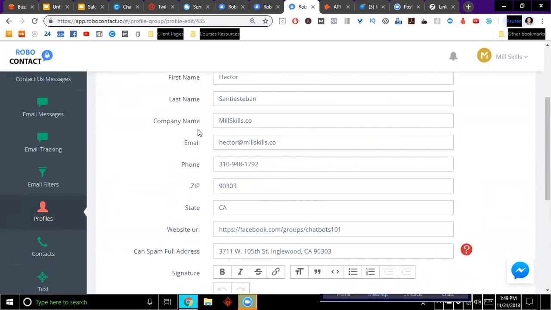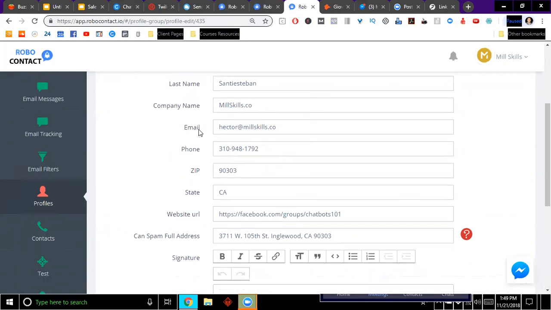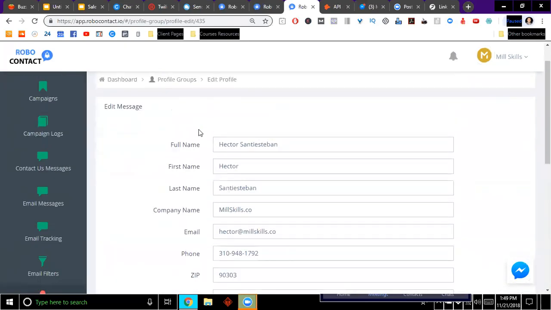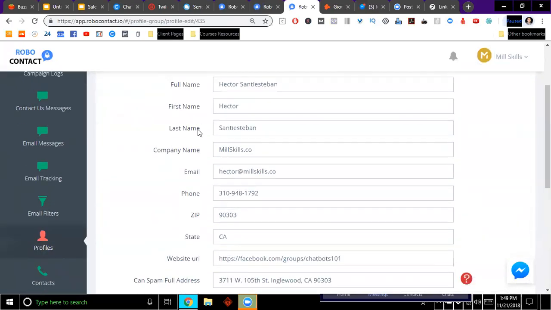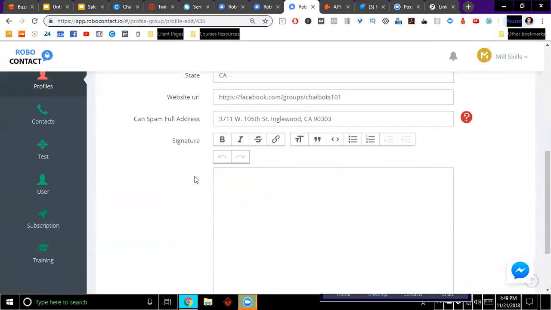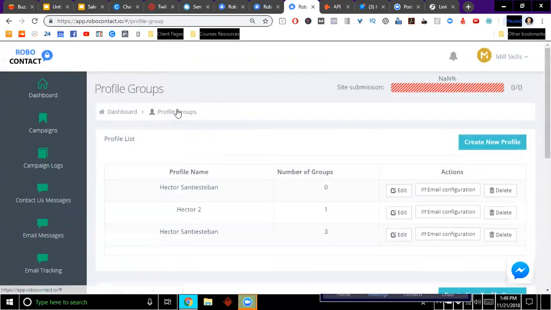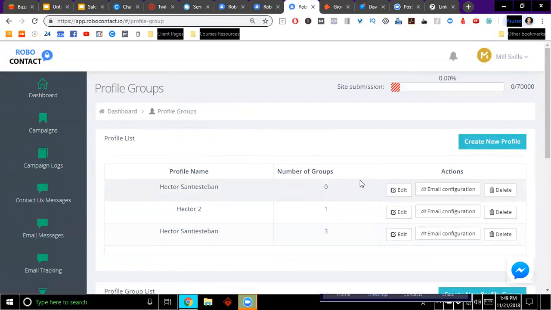At least in the US, legally you need this information when you're sending emails like this. And so this is gonna be in the signature on the bottom of your email, okay? So that's the first thing you're going to want to do, update and create your profiles. The second thing you need to do is